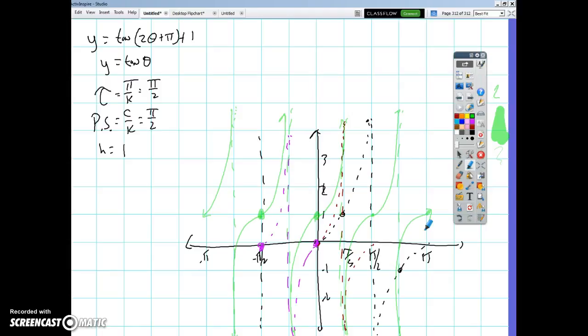Do you have to end these graphs with the one on the top and the one on the bottom? No, you have to fill up the graph paper, right? So since I ended at pi, this one here has to be there. This has to be here because that's where it ends at pi. Now, I'll be frank with you. When I give you a piece of graph paper, if you go off my graph paper because you need to look at what it's doing, cool. But I'm going to grade what's on my graph paper. That's what I look at. That's what I get to grade. Even if it's wrong off my graph paper,